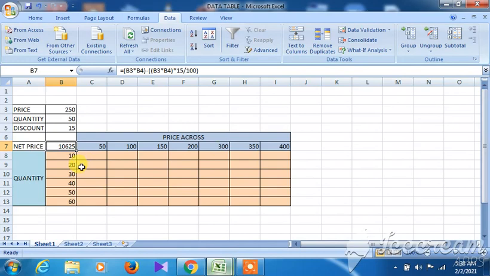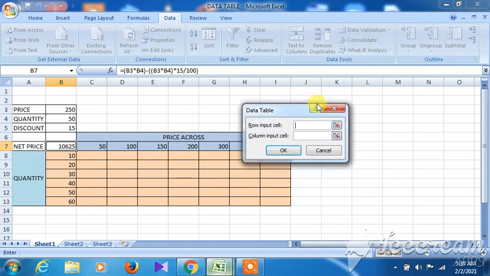Fine. Now what you need to do is go to Data, then What-If Analysis under the data tools, and then go once again to Data Table. In the data table you have to give the row input cell and the column input cell. That is very, very important. So you have to give the row input cell as this one, which price you are looking for, that is 250, and the column input cell is 50, meaning onto what that particular column will be changed. So you can take one target value also. This 50 is our target value out here, that is $B $4. Fine, and then we click on OK.